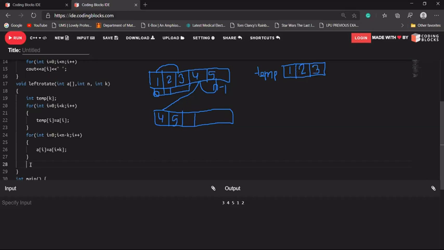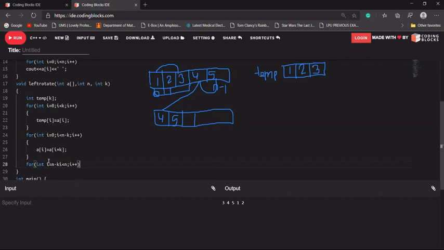Let's run a loop again from int i is equal to n minus k, because up to less than n minus k we have updated the values. We'll start the loop from this position up to i is less than n, the last position, i plus plus.